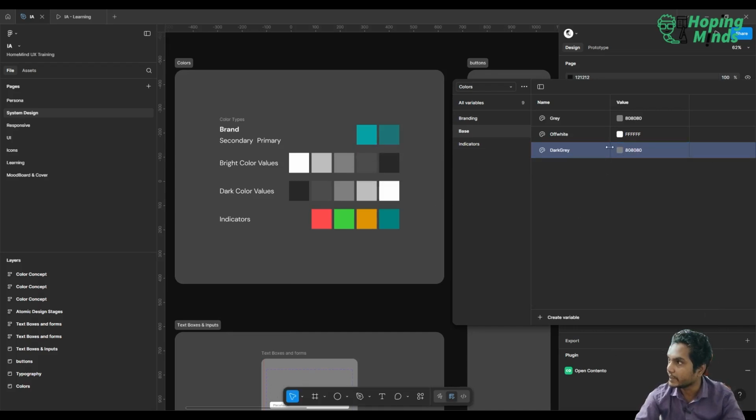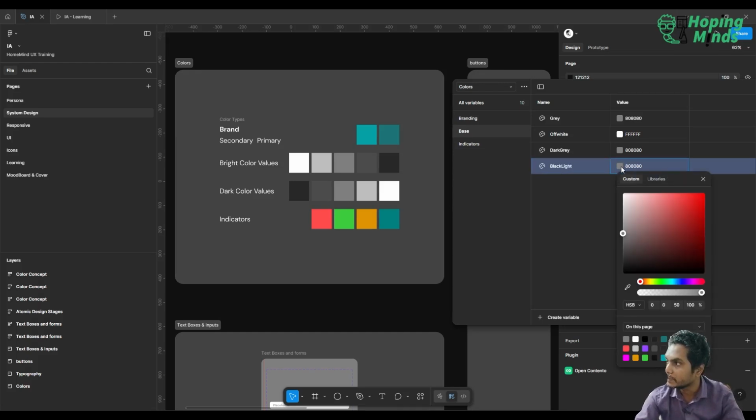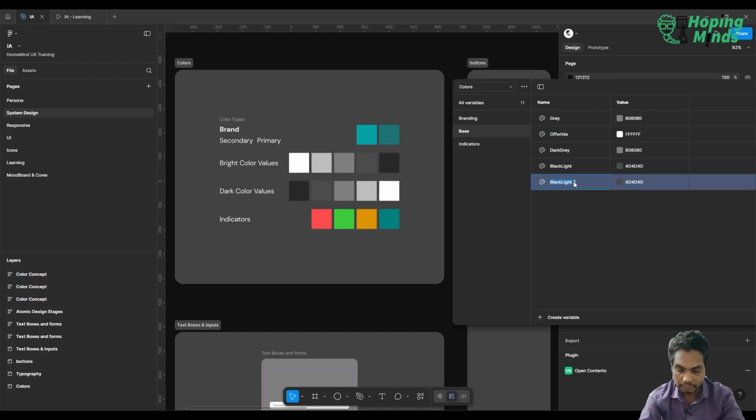Then we can go ahead and make one more color here, which is black but light. Naming, you can decide however you want to name. I like to decide like that, and then black. Off black,